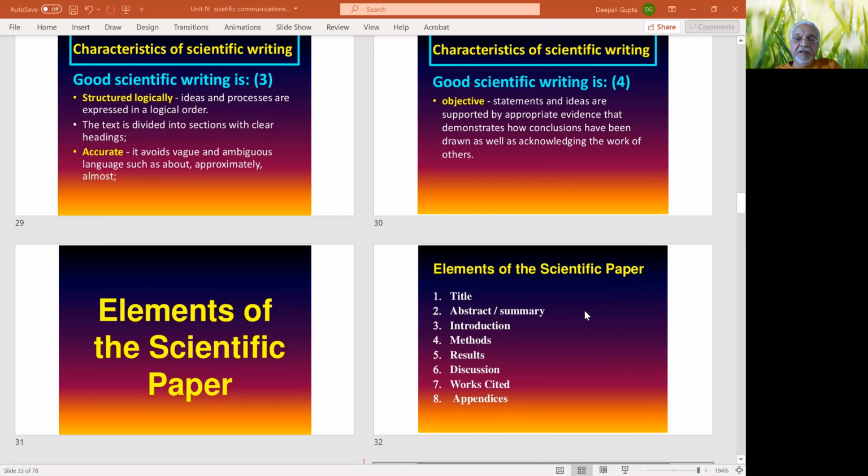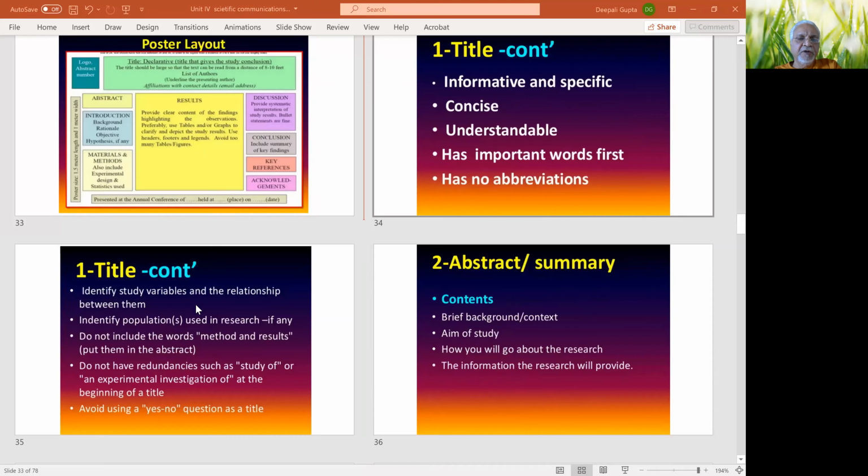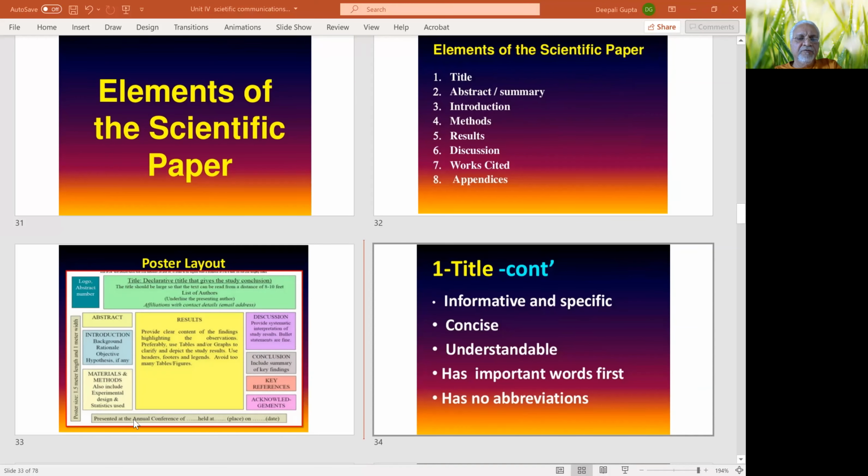So these are the typical elements of a research paper. And a similar thing is followed when you are preparing to make a presentation in a conference, like in the form of a poster. So a poster also should have all these elements, and I will try to show you one format,